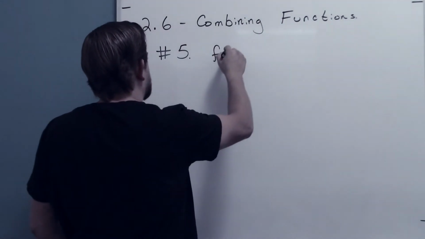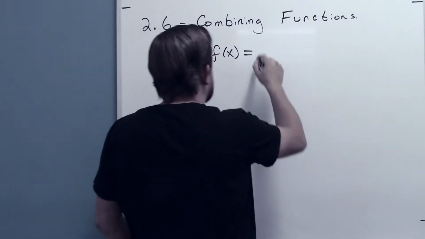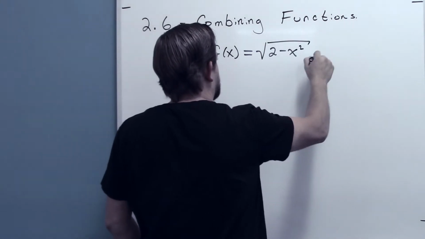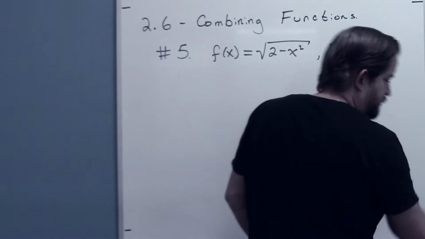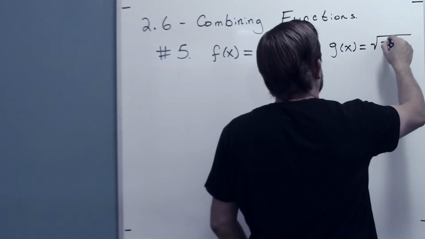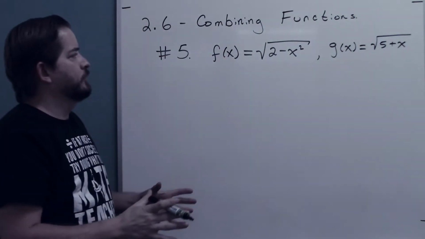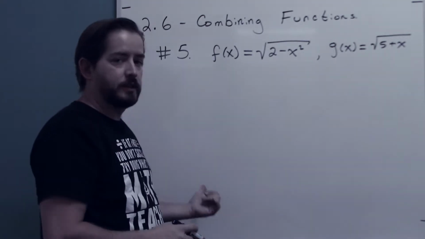F of x is the radical of 2 minus x squared, and g of x is the radical of 5 plus x. Okay. So we can talk about domain issues right from the get-go before we even look at the problem,